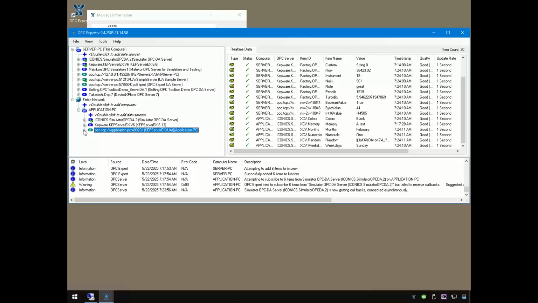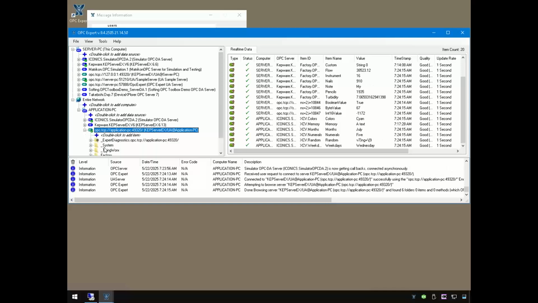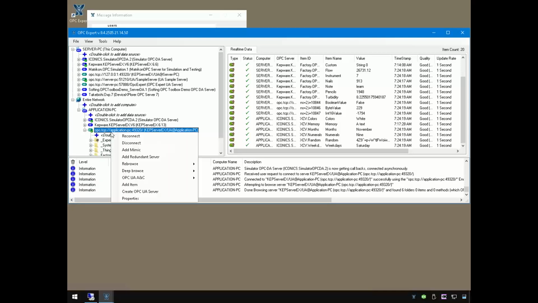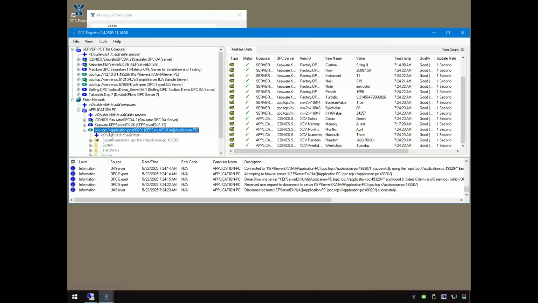Now I can connect over here, or I can connect over here. Let's go over to the UA connection, and look at that. I'm able to connect to UA. Now, even if I'm not able to connect to UA, I will, for example, disconnect. I can check this out. I can test it by connect,